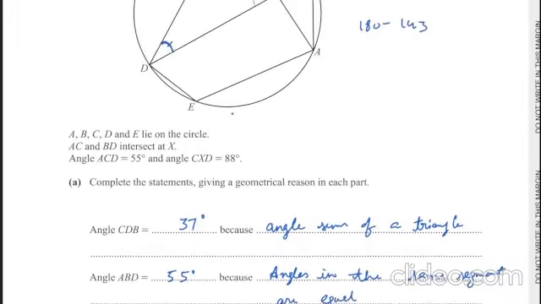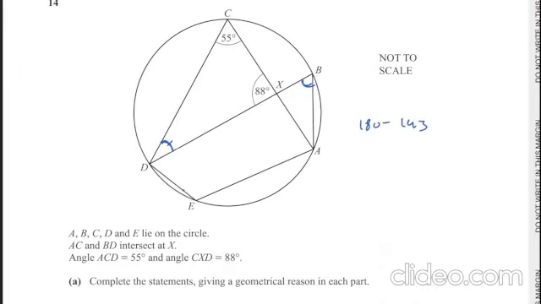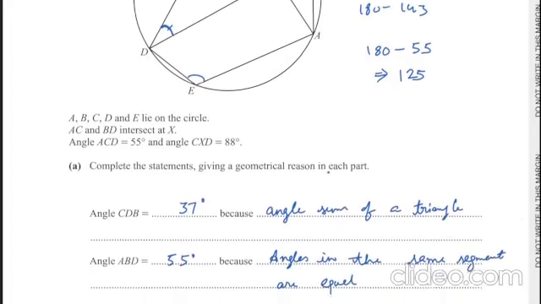Now next is AED. You can see ACDE is a cyclic quadrilateral, and AED and ACD are opposite angles of the cyclic quadrilateral. So that will be 180 minus 55, because the sum of opposite angles of a cyclic quadrilateral is equal to 180. So 180 minus 55 is 125. So the answer for angle AED is 125